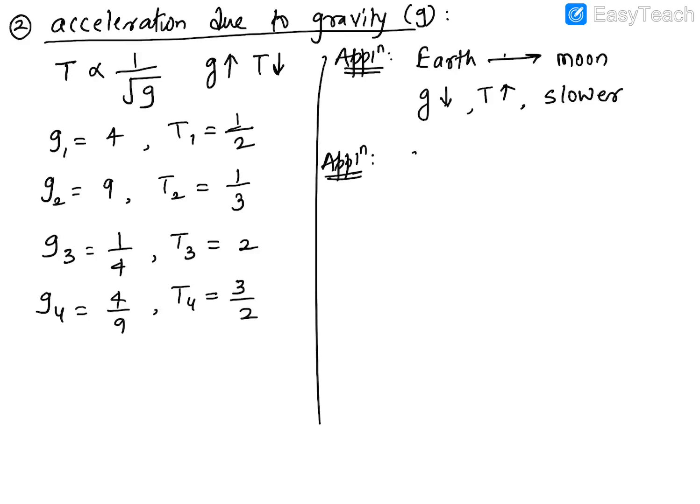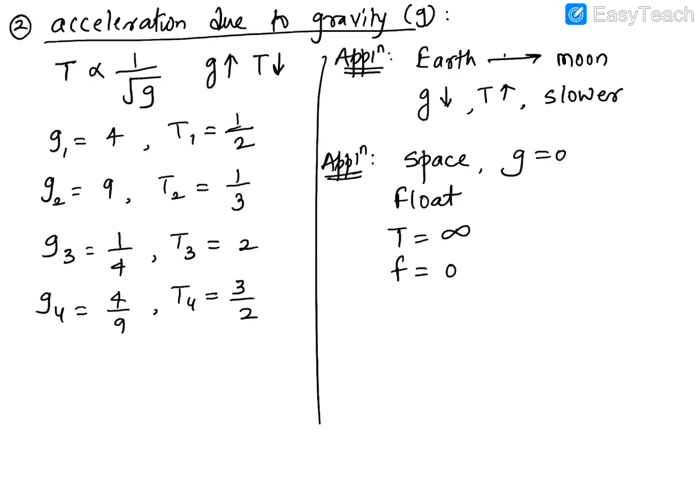Number two, let's say you take it to space. What's the gravity in space? It is zero. If the gravity is zero, it means the objects or the pendulum will float. If your object is floating, do you know what happens to your time period? It will be infinite. Why? Because once you start the pendulum, let's say you leave it from the extreme position, the bob is never going to come back to its starting point. So the time period is infinite. If the time period is infinite, then the frequency is zero, because it's not making any oscillation. So they can ask you this application also, what will happen to the frequency.